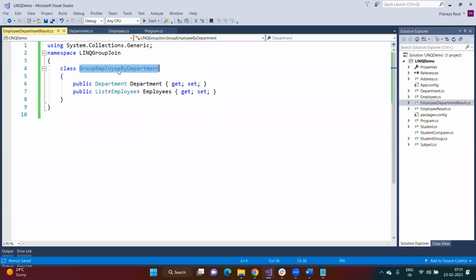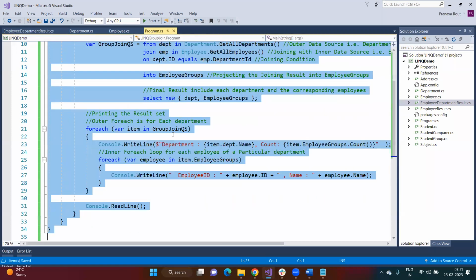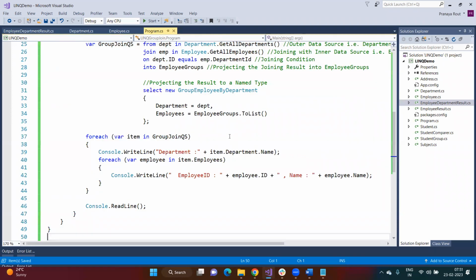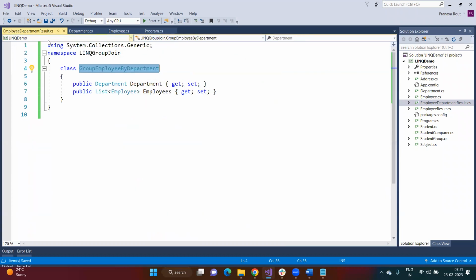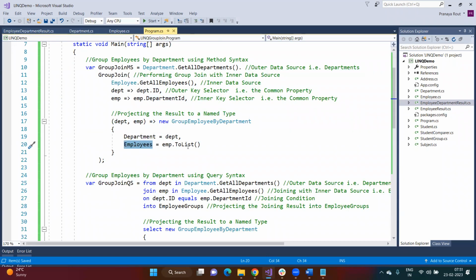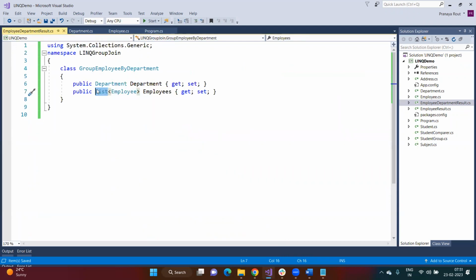So here the class name is group employees by department, and then I need to project the result to these things, right? So what I'm doing here, this is my method syntax. Now I'm not projecting to anonymous type, I'm specifying the type name, and here department and employees. And if you see here, I'm creating a list of employees. So here I need to convert this using the ToList method. If not list, if you use IEnumerable,